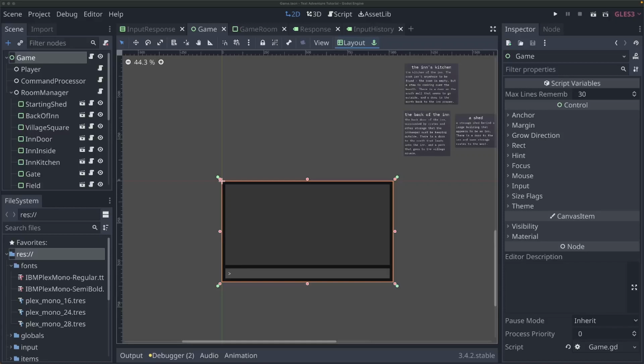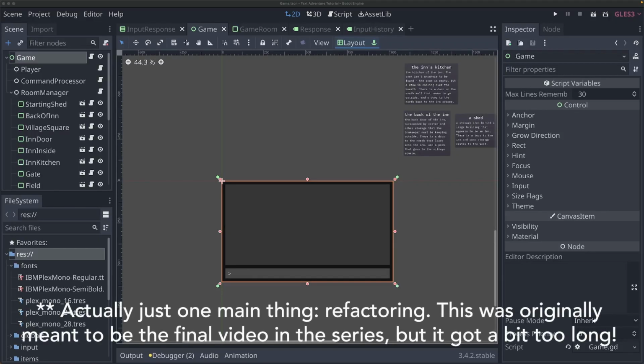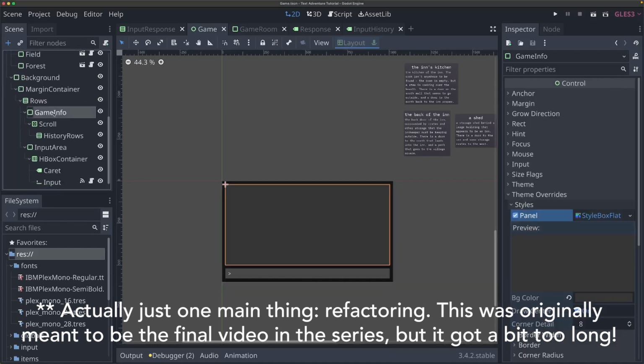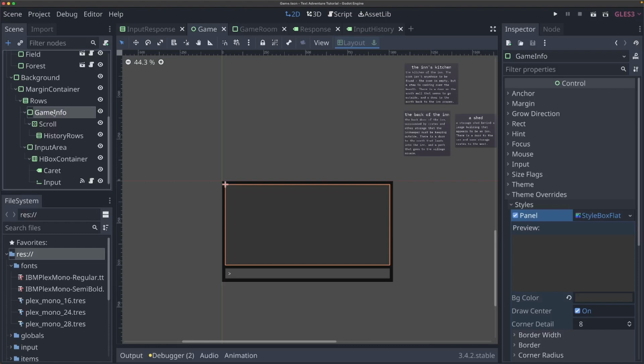Alrighty, so there are three main things I want to do in this video to leave us with a really nice and polished text adventure that's ready to be expanded and implemented with whatever feature you want. The first of those is to move all of our input response, all of our text creation to our actual game info area and out of our main script. And what this is going to do is let us have a lot more custom handling for whatever text we tell our game info area we want to print out, rather than trying to do it all in our main